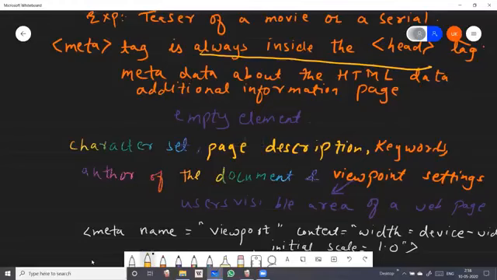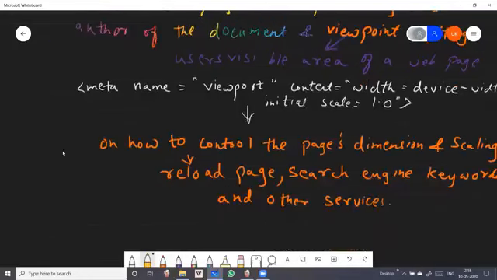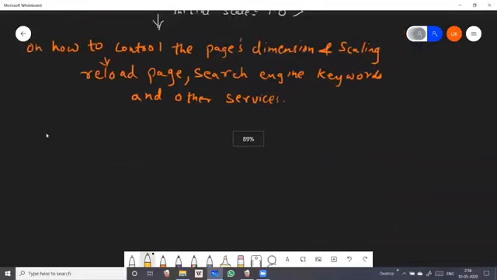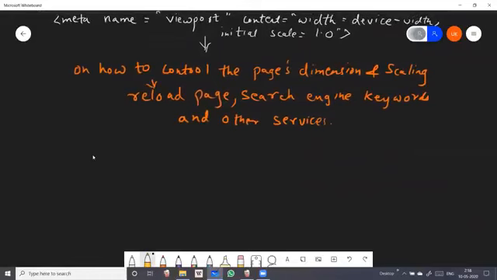And then it is typically used to specify character set, author of the page, page description, keywords, and viewport settings. Viewport settings, we had seen the example also, that meta name viewport, content, width, and then we had given the scale. Why we had given this? Because it instructs the browser on how to control the page dimension and its scaling, and then reload page, search engine keywords, and other services it also provides. Okay, so we have this in the meta description tag.